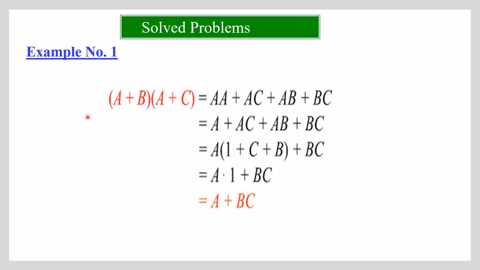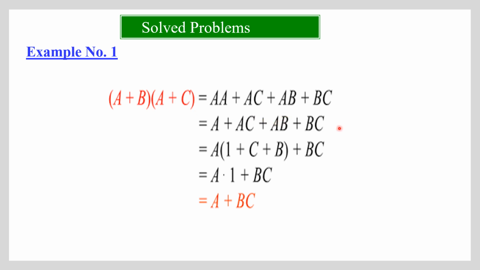So here we have to simplify the given equation. So a plus b and a plus c. Let us, by associative law, open the bracket. So what is that? A multiplied with this bracket, that is a plus c. So a into a plus ac. Similarly b multiplied with this bracket. So what we get? ab or ba, that is associative law. So either I can write ba or ab plus bc.